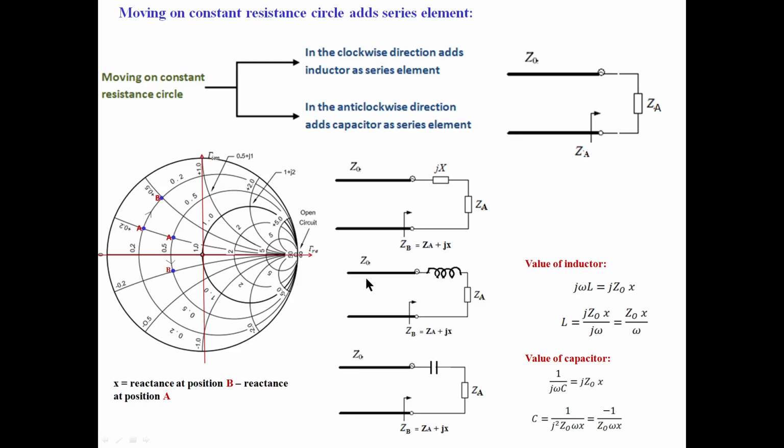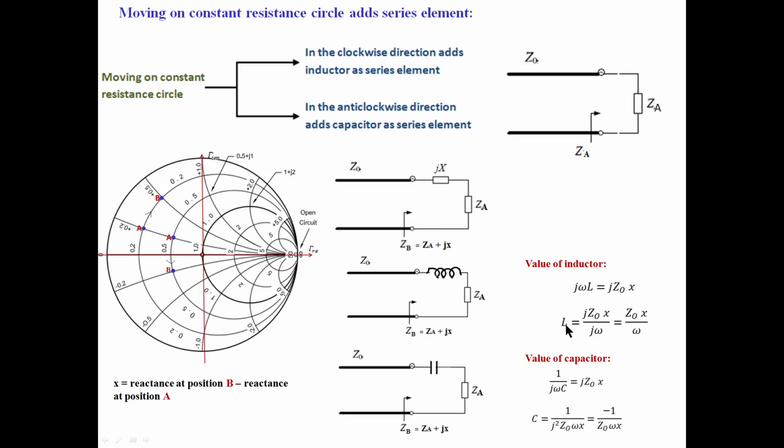To find that out, we can use this equation. L is equal to Z0 X divided by omega, from this equation. Omega is 2 pi f. X is the reactance, it is the change in the value of reactance as you move from here to here. We move from some point here to here. What happened? Resistance value remains the same, but reactance changed. What is the value of reactance at this position? It's just 0.2, and we move to here, reactance value changed, now it is 0.5. This is the change in the value of reactance, but resistance remains the same.